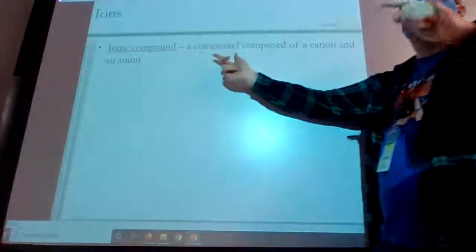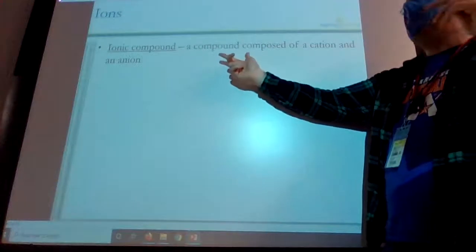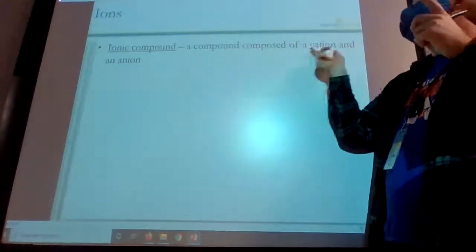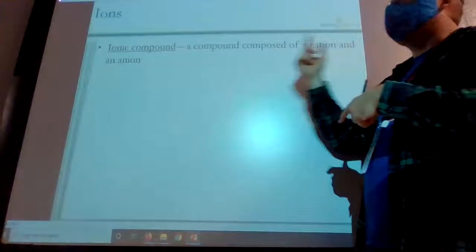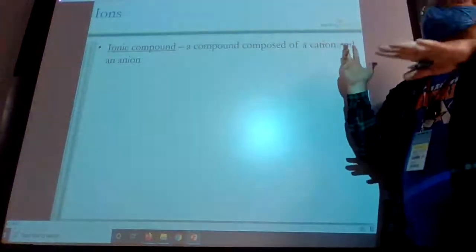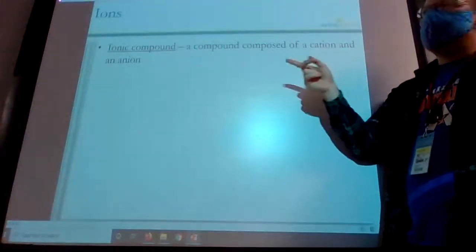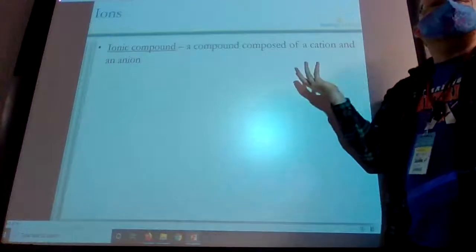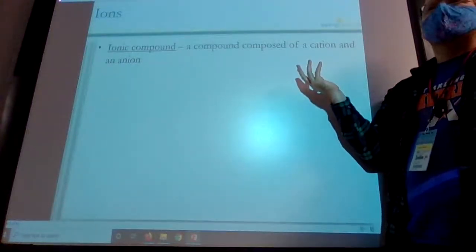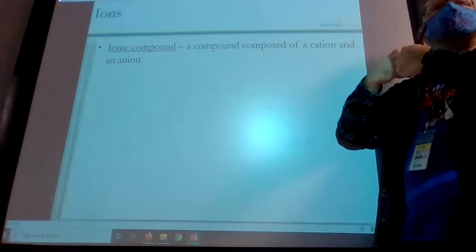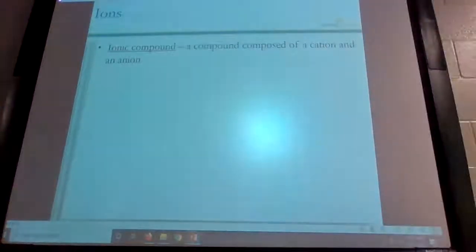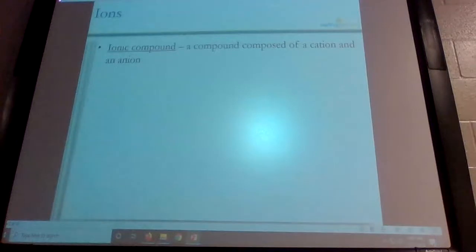So first off, an ionic compound, which we'll get into bonding soon in this chapter. An ionic compound is a compound composed of a cation and an anion. Which one's positive? Which one's negative? Cation's positive, anion's negative. And what do positive and negative things do? They attract. They're going to be attracted together. And so that's what we get when we have a chemical like salt, sodium chloride. You have an Na and a Cl. If you look on your periodic table,